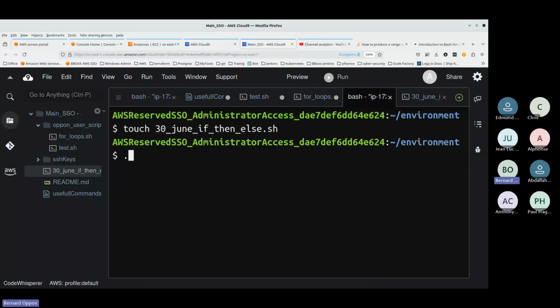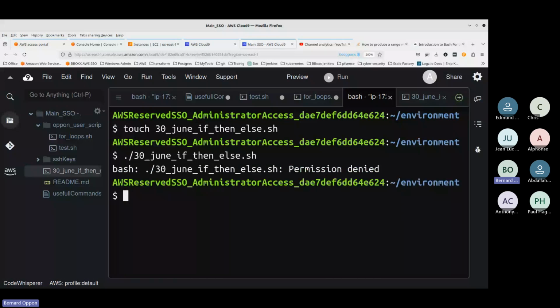So let me save, and then we go back to the file. I can't run it. We all know that I can't run this file. I use cut 30 because I don't want to type it all, so that I can use the autocomplete. Remember, when you type 30, and if the file is executable, autocomplete should be able to help you. But if it's not executable, the system is saying this file is not something that you can execute. So I just do the chmod